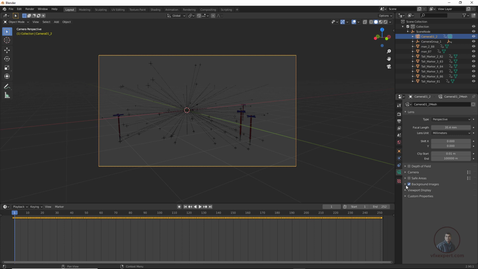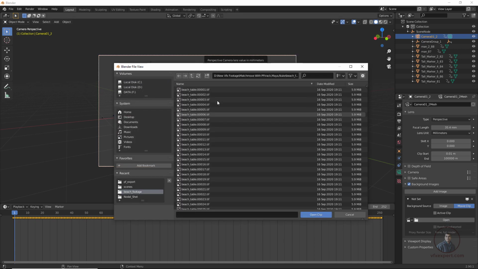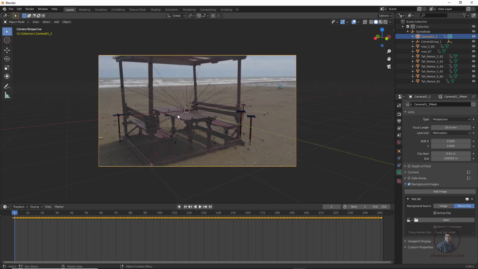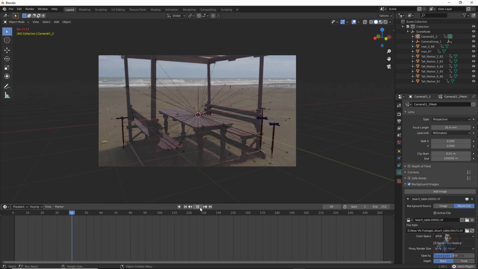Click here, open this one, add image, then movie clip, then open. From here select your footage. This one is our footage, select the first one, then simply click on open clip. Now you can see it here. Play and check. Now just play simply. Now you can see.